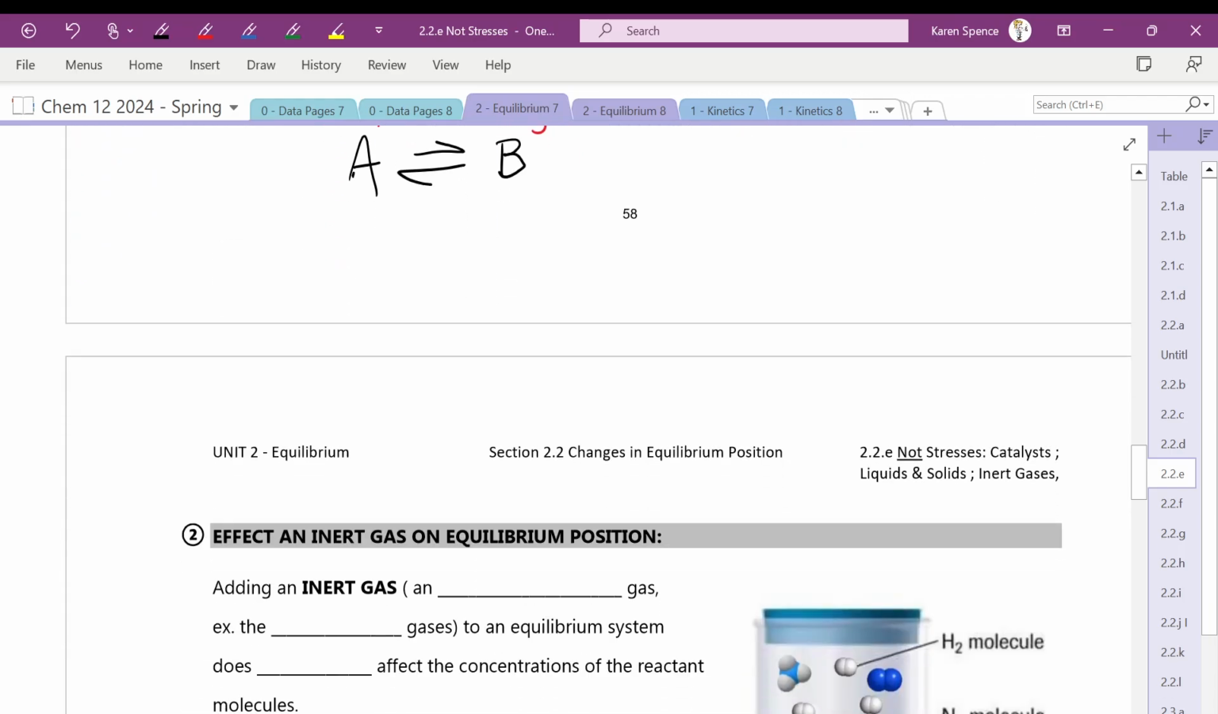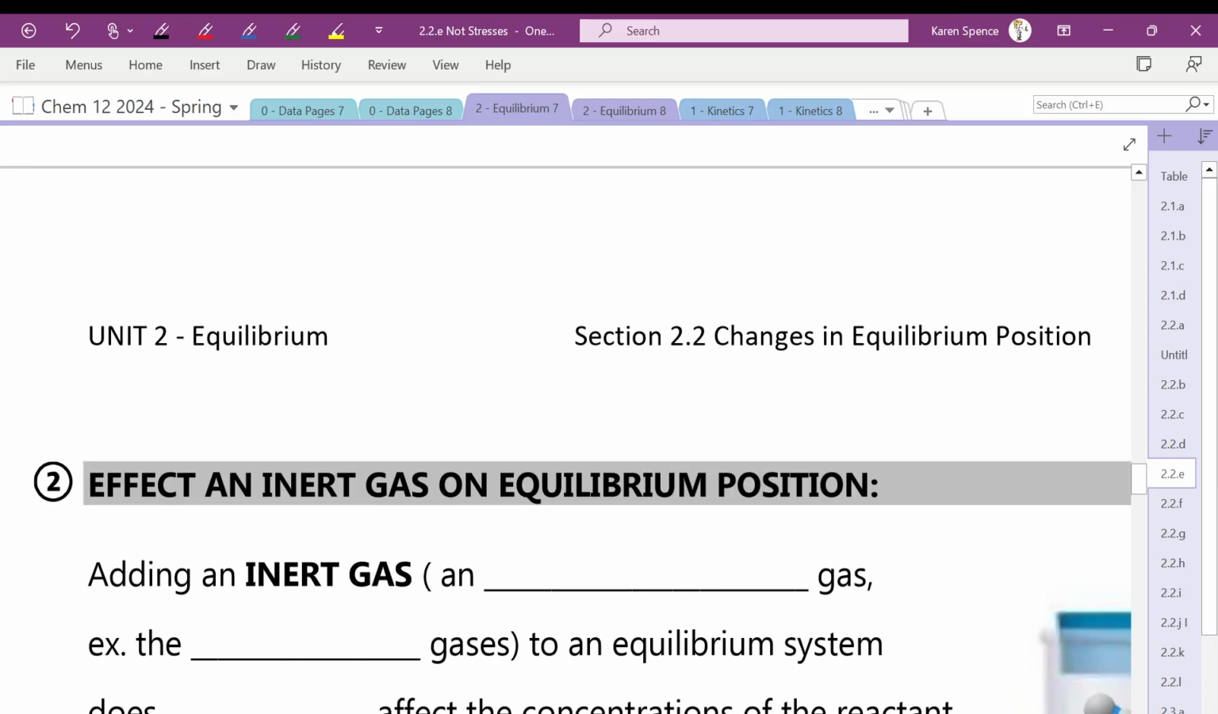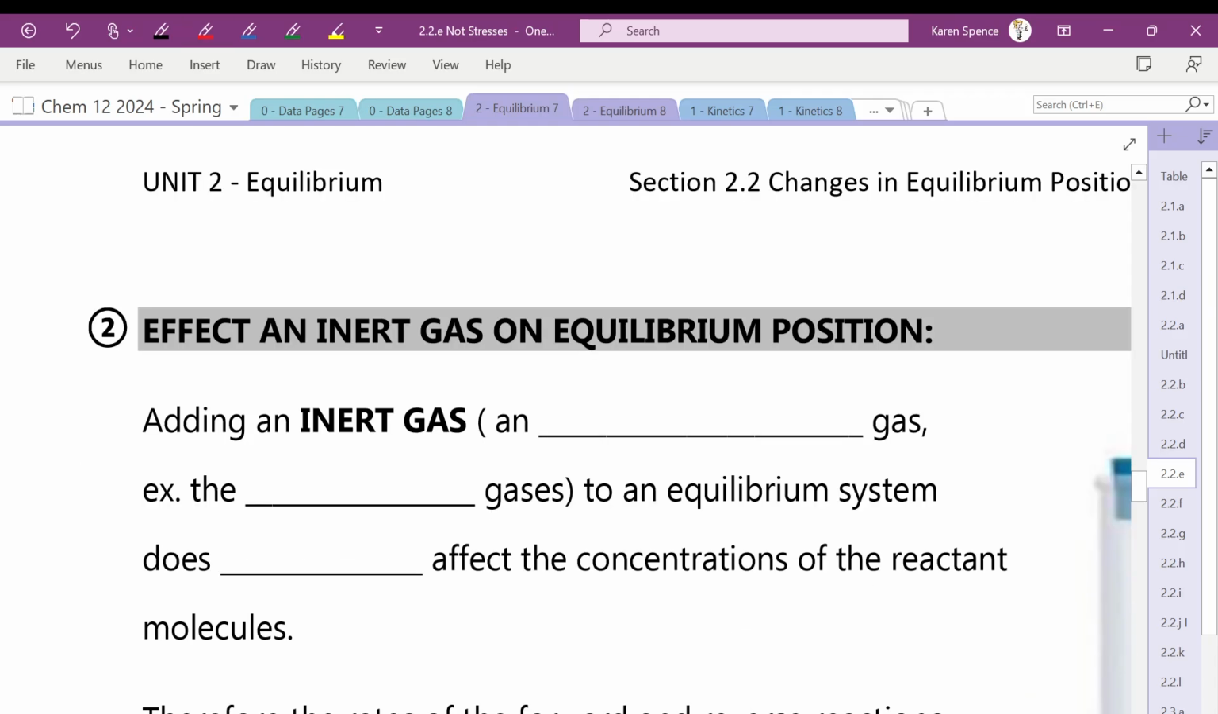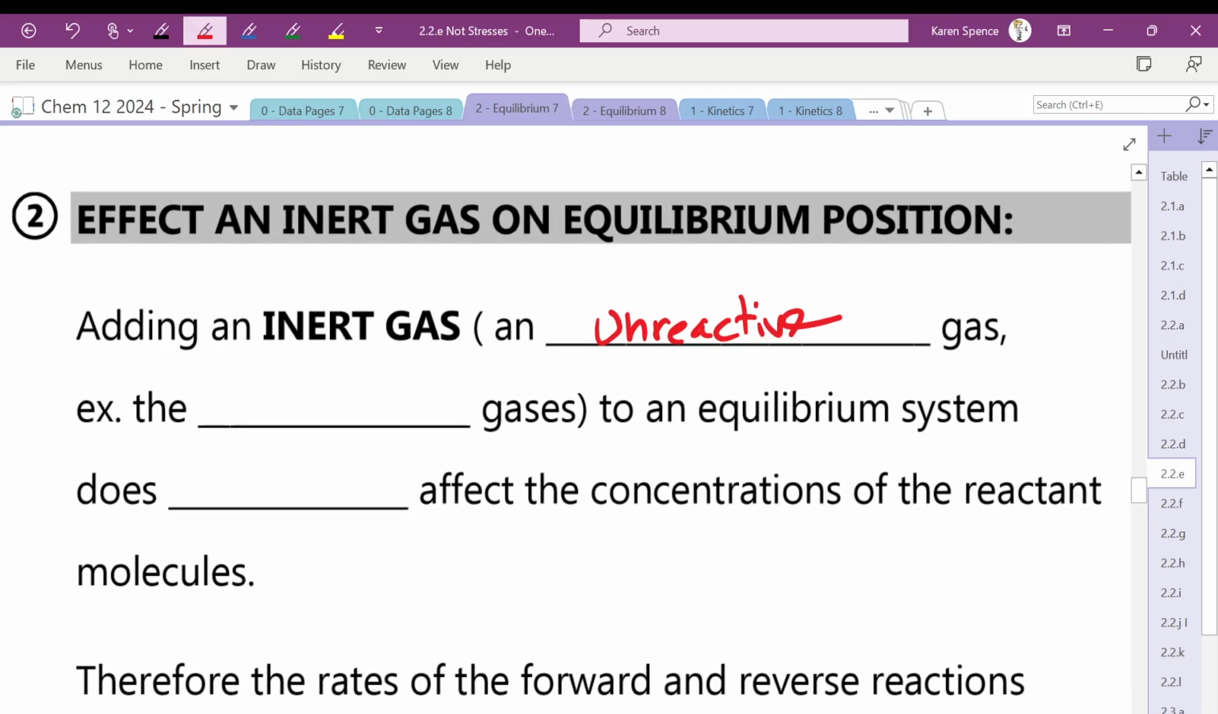All right. I wonder if you can predict what the effect of an inert gas is on the equilibrium position. Can you? Effect of an inert gas on the equilibrium system? No idea? Or there's just no effect? No effect. You're right. Adding an inert gas, an unreactive gas. Who are the unreactive gases? Who are the ones that we know for sure are unreactive? The noble gases to an equilibrium does not